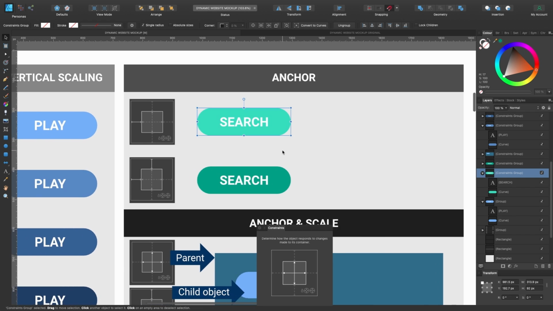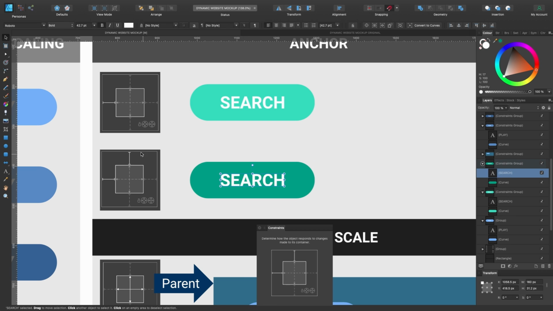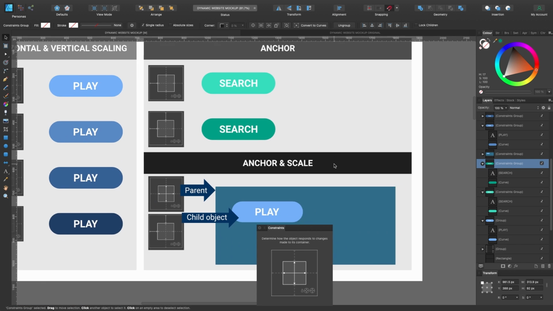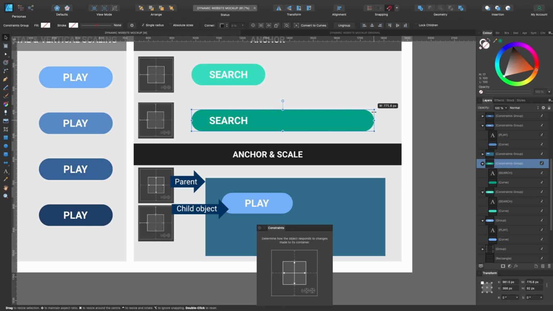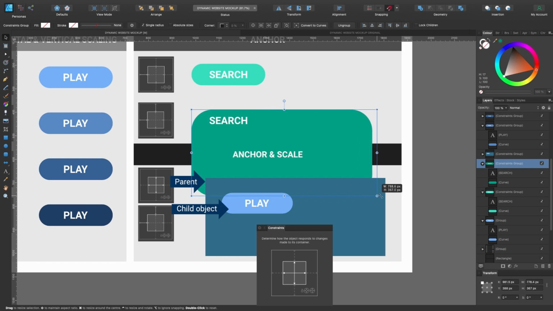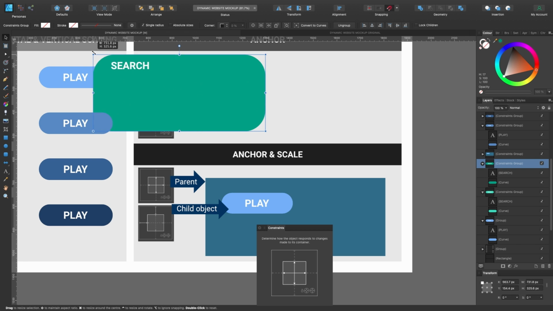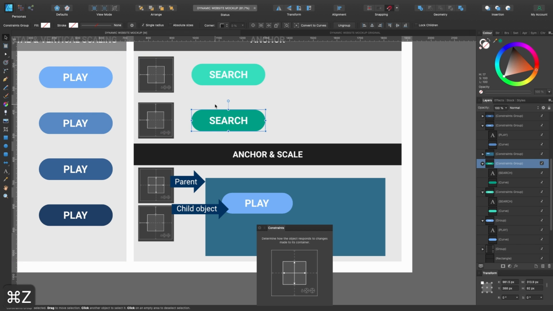So let's see what happens when we apply two anchors. On this one here, you can see it's anchored on the top and left. So now if I click and drag out, the same thing happens. Drag down, it's staying at the top now. If I drag from the corner, you can see that it's remaining at the top left. If I drag from the other corner, you can see it is just staying up there, top left. So it's been anchored in place.